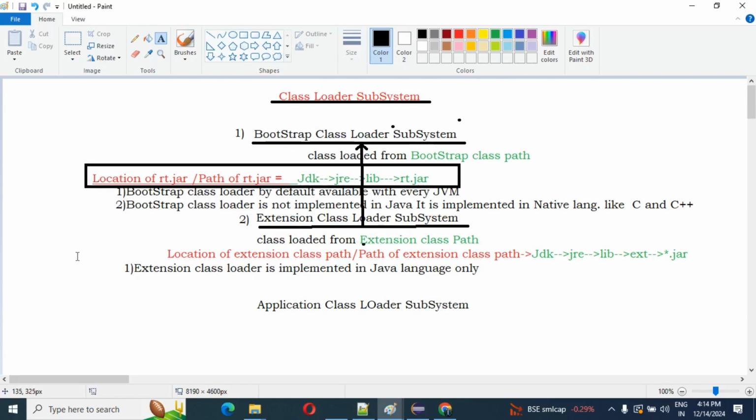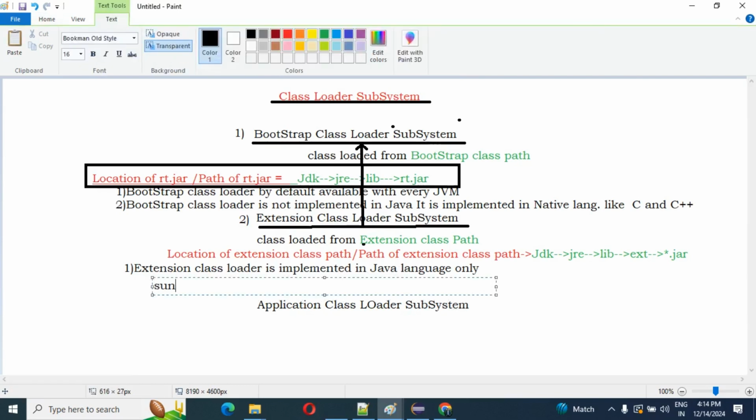If you want to know the corresponding class name, because the extension class loader is implemented in Java only, as it's a Java object, you may get sun.misc.Launcher$ExtClassLoader.class.